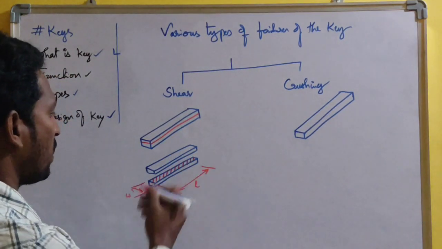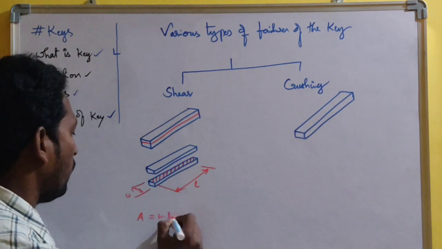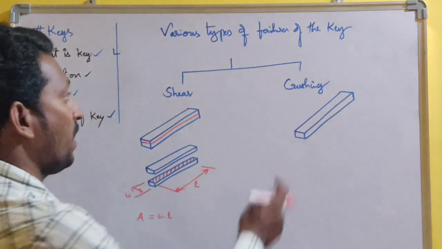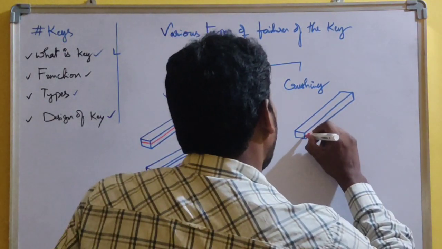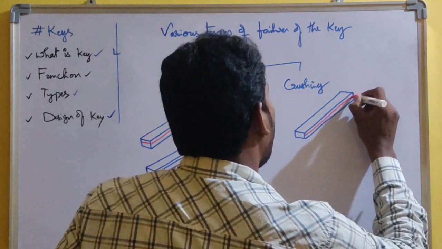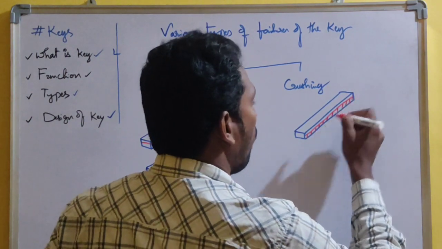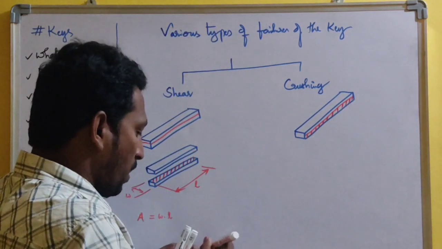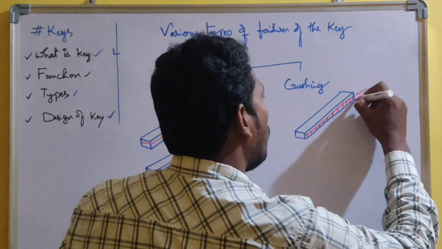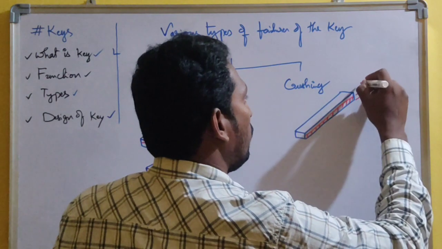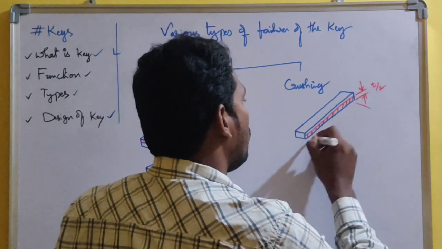So the cross section area formula is W into L here. Whereas in case of crushing, the crushing will be at the side surface of the key, and that too in half portion only. Here the entire thickness is equal to T, and this half portion is equal to T by 2, and this length is equal to